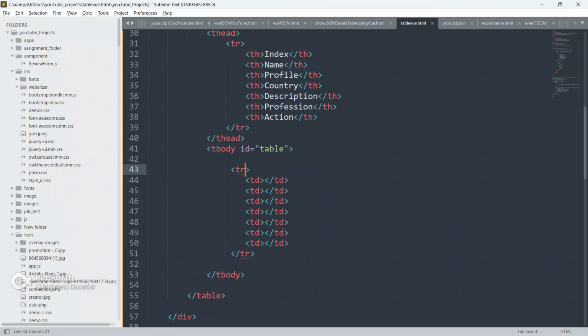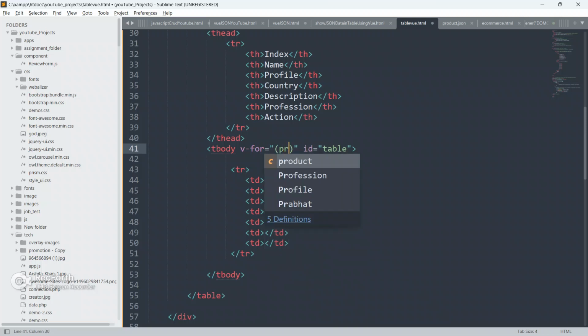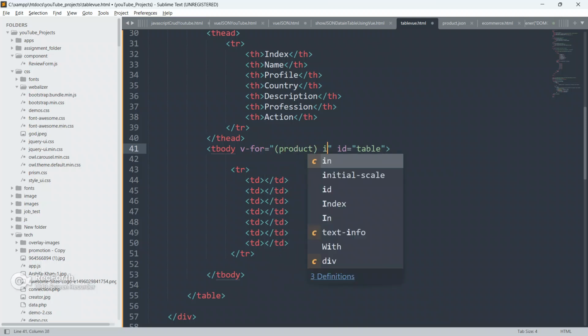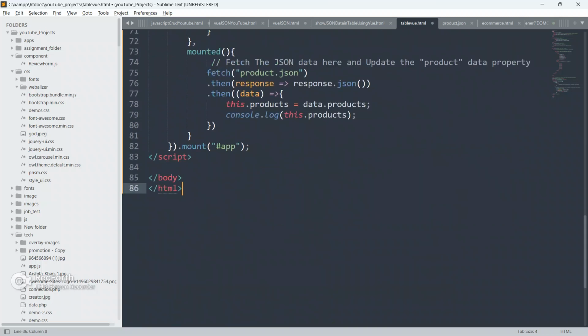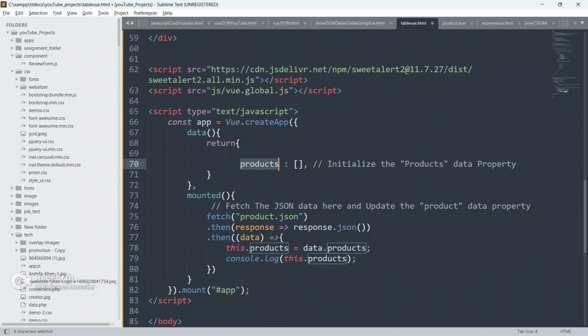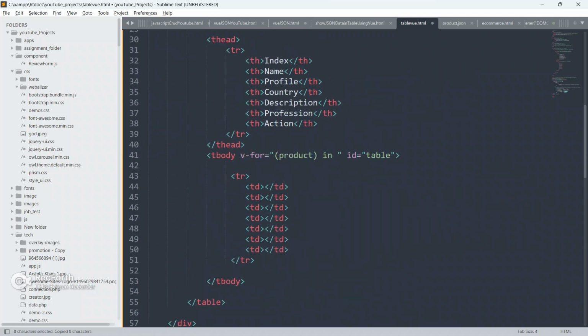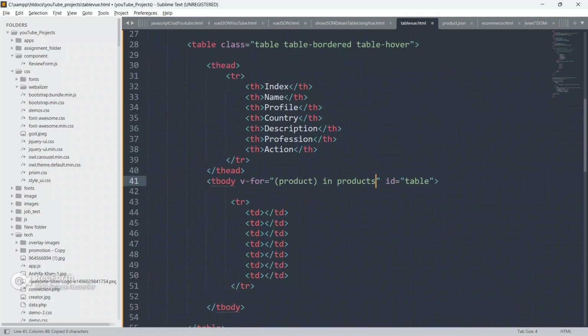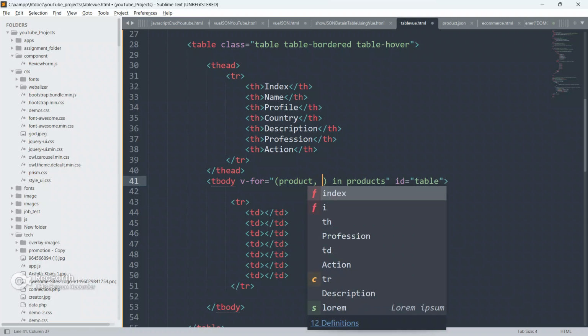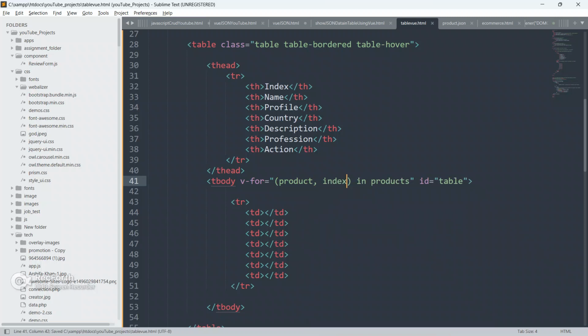Inside the tbody, I'm gonna use the v-for directive: v-for equal to double quotes, and I'm gonna write product in this.products. So product in this.products, paste it here, and you can also take the index.